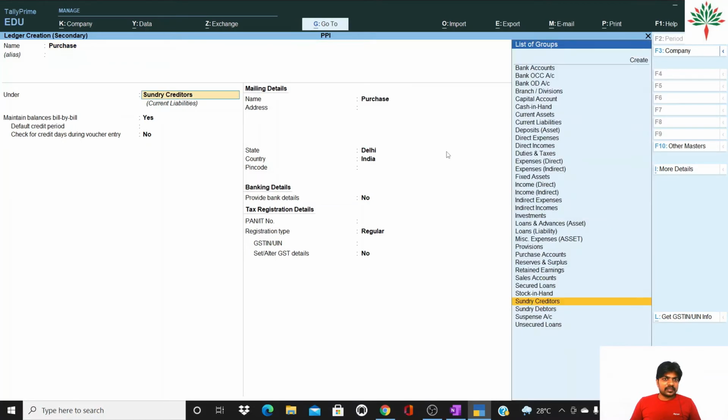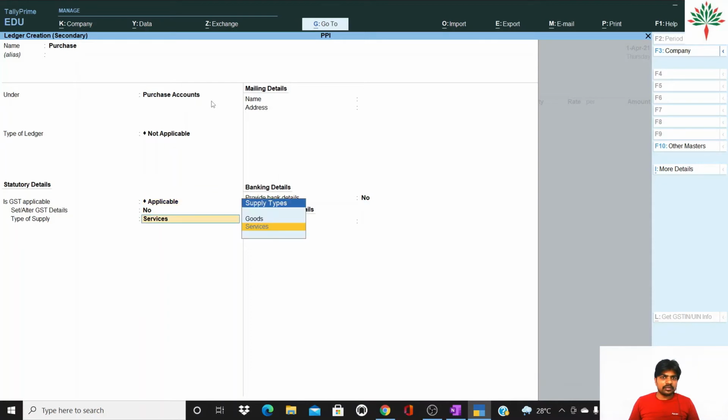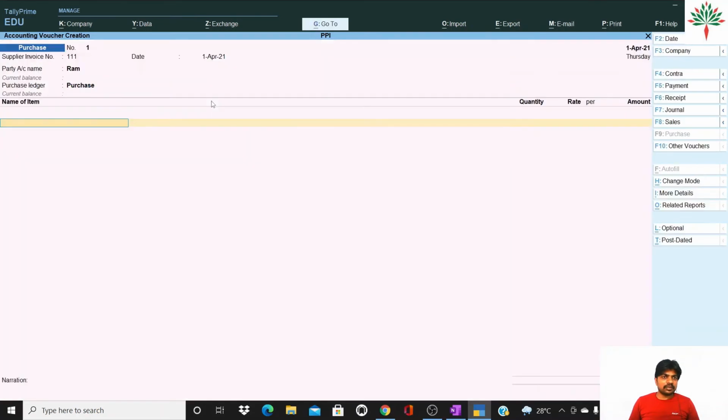Okay, purchase will come under which heading? Bank, bank OD, branch, capital, cash in hand, cash assets, current deposit, direct expenses. So it will come under the purchase account. Okay, type of ledger, we are keeping it not applicable, and then again you will fill in the rest of the details as per the requirement and you will accept it. Now the purchase ledger will be created.